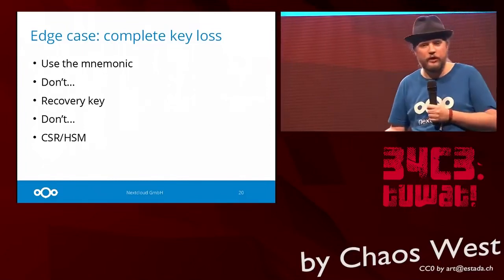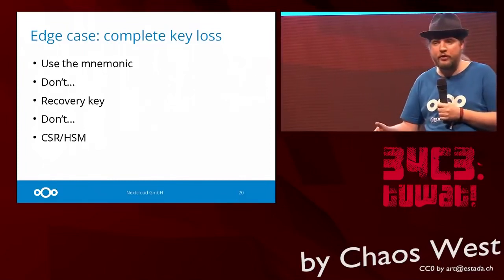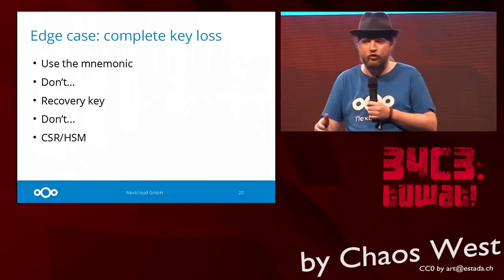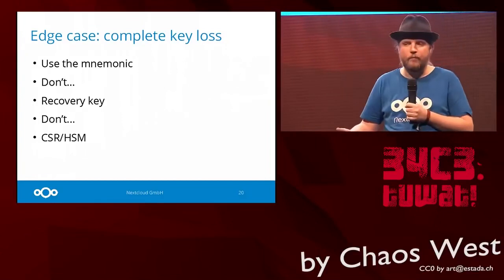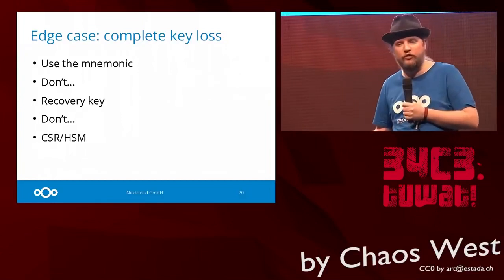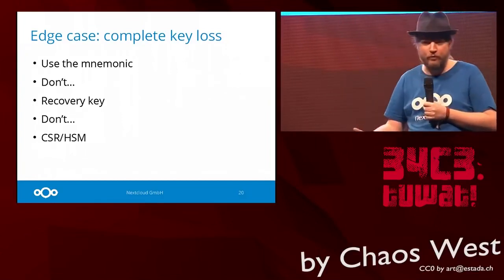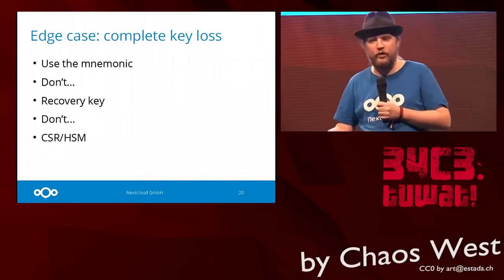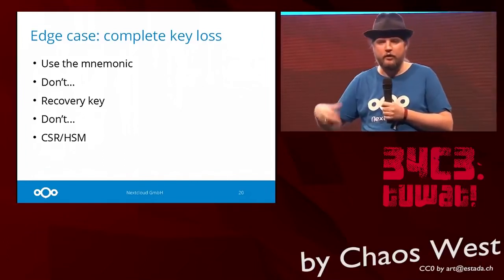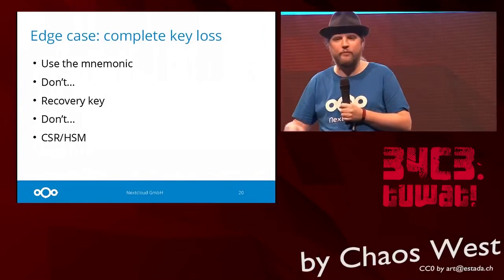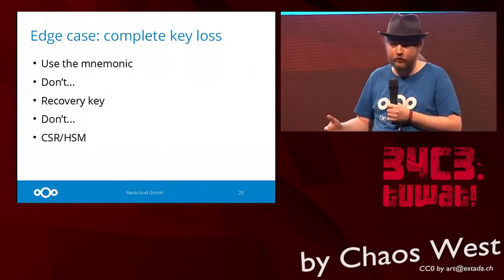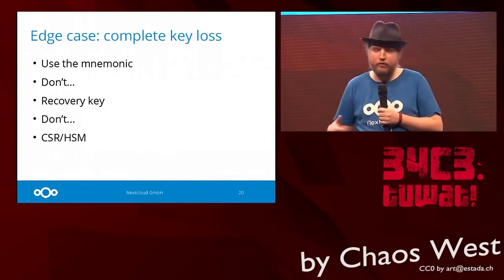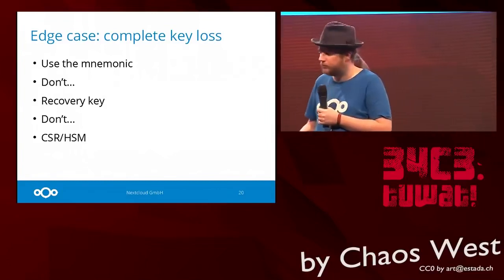They would still need the 12-word mnemonic, which should be safely in a safe, managed by the system administrator. But if one of the employees leaves the company, or if one of the users loses all their devices and has their safe burned down, they will be able to go to the system administrator and say, please give me my files back. And the system administrator can enter the 12-word mnemonic, the Nextcloud server can decrypt the data, give this back, and then again wipe the mnemonic from the server memory and storage. So you have kind of an ultimate backup.